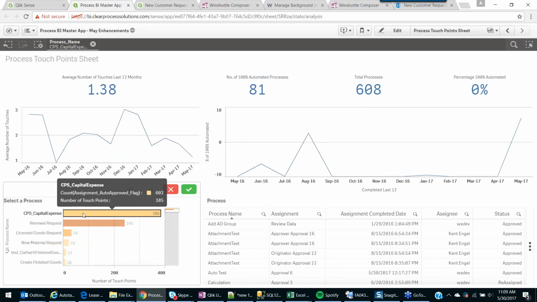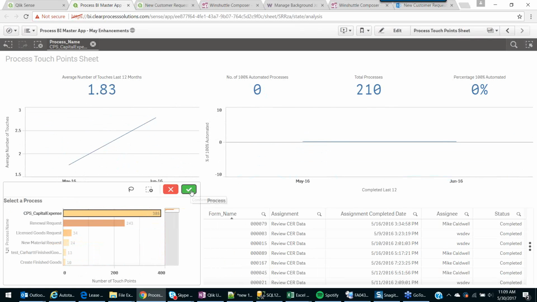I'm going to pick capital expense, and after I accept that filter, you will see that the graphic drills down. This is the total number of touches in the last 12 months. So 385 tasks have been assigned to this process to people over the last 12 months. So once I accept that,